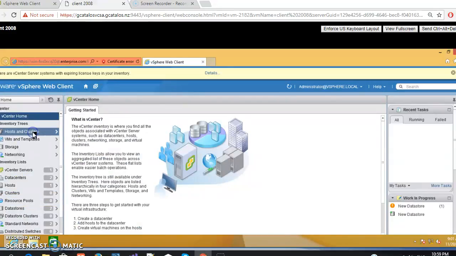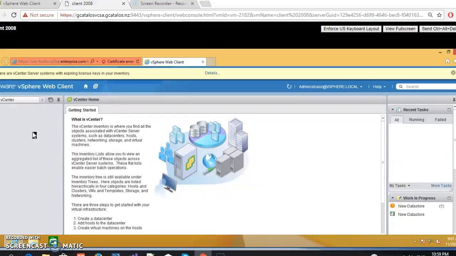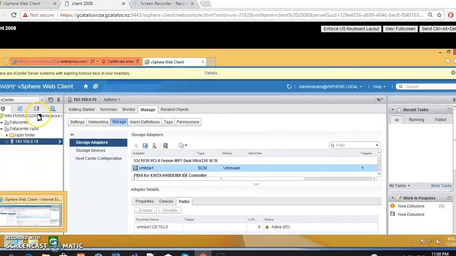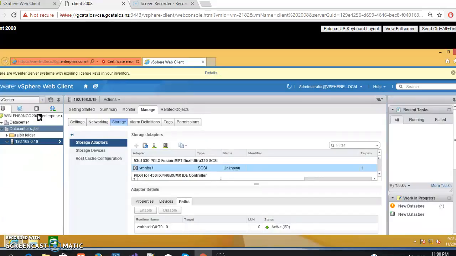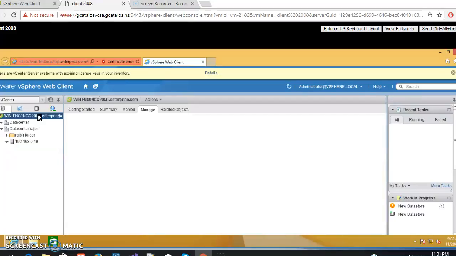After that, go to Hosts and Clusters. In this step, we are going to add hosts first for this lab, and in future, we will also create a cluster in the same tab. For this purpose, right click on the domain name, which is the same as we had in the previous lab, and click on